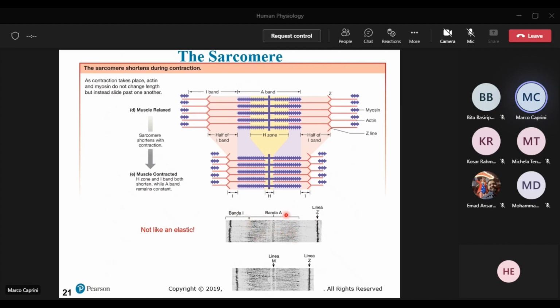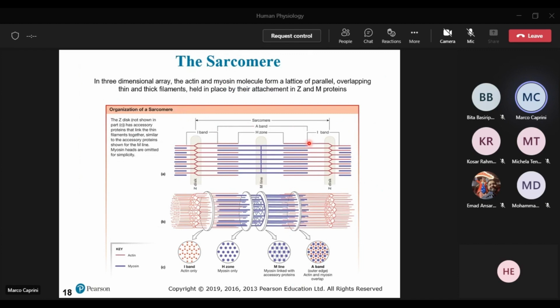Because the only important data that the investigators were able to analyze is that the A band was always dark. If the muscle behaved like an elastic, everything would become smaller, and also the A band should be smaller. But in this case, they started to ask, why does the A band remain always at the same dimension? Why does the A band never change? The A band also here always remains at the same level, on the same dimension. Why? The reason is because the